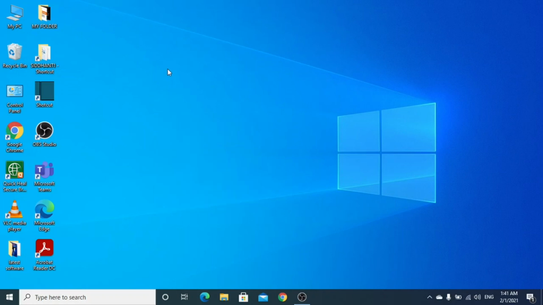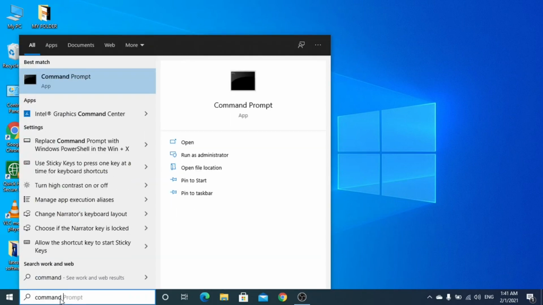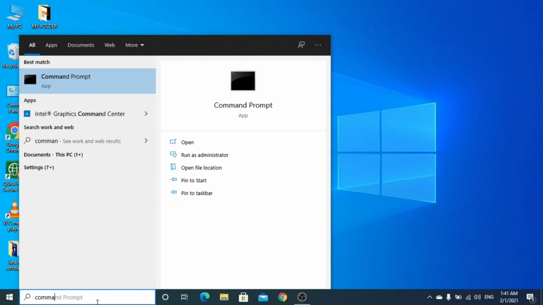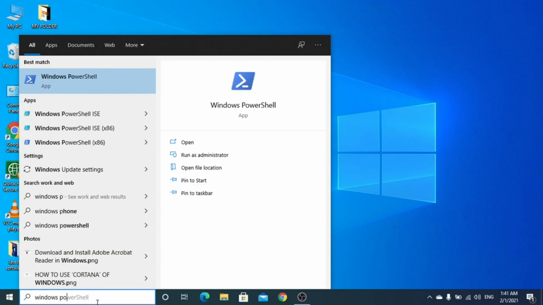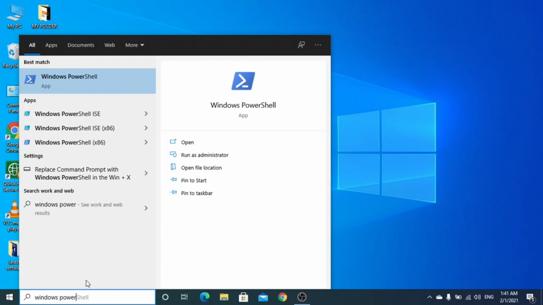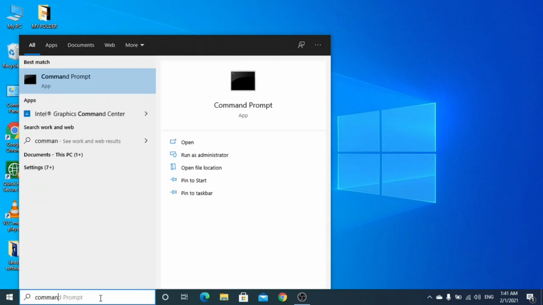Now, the last and most effective way which you can try is go to the Windows search panel and type here command prompt. This app you should open. Instead of this app you can also use Windows PowerShell, but for the moment it is good if you use command prompt.